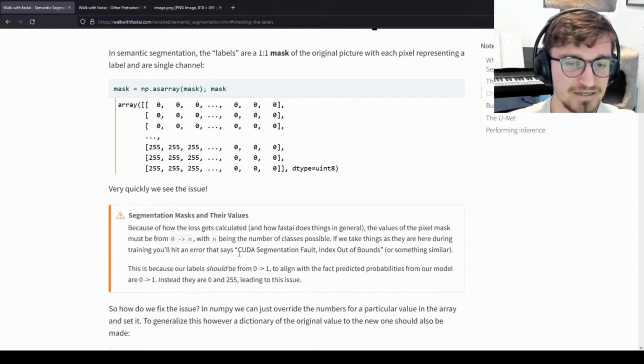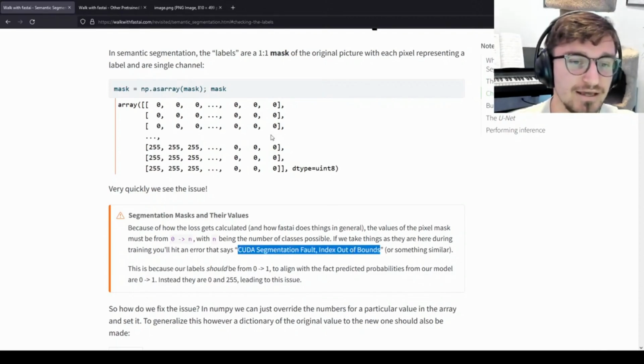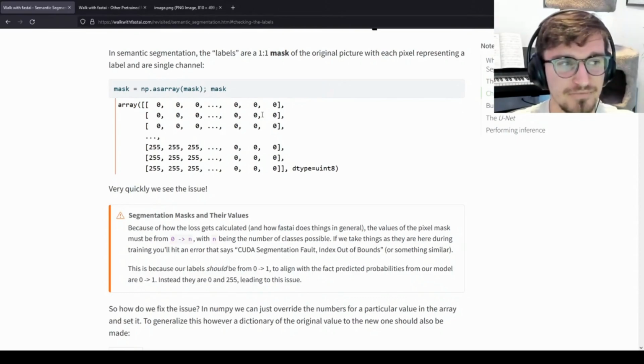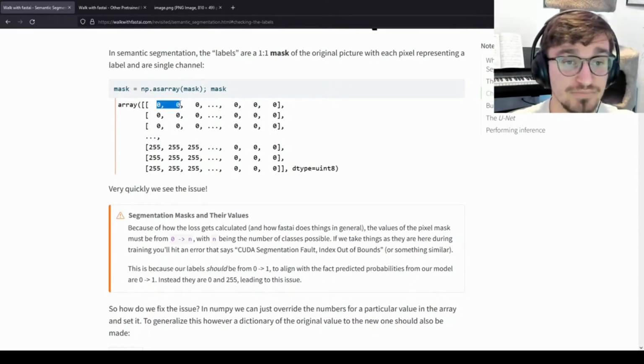But what winds up happening is you'll get an error later on that says CUDA seg fault index out of bounds. And essentially what this means is with how fastai calculates the losses and the metrics, and generally in PyTorch as well, these numbers, these class labels, need to be arranged from